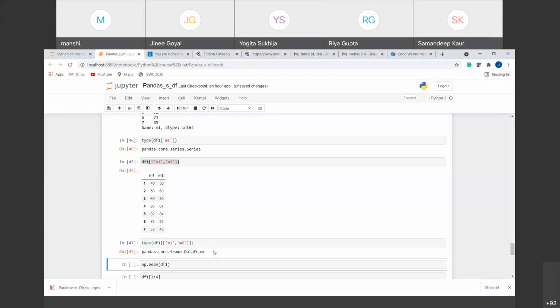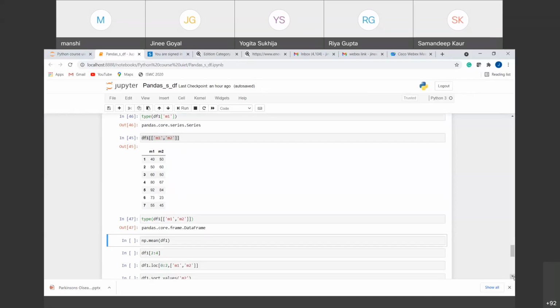If there is more than one column, then the series is converted into a data frame. So this is how you can check whether it is a series or a data frame.